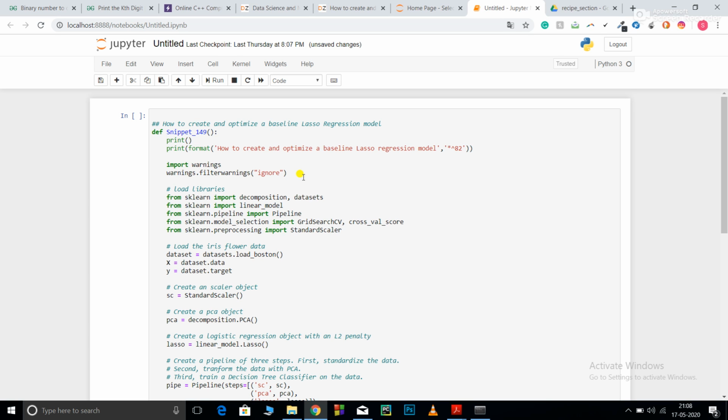In that case, we add a parameter named regularization parameter L1, which is for the lasso regression model. Then you must be familiar with the minimization technique, that we need to minimize the penalty.